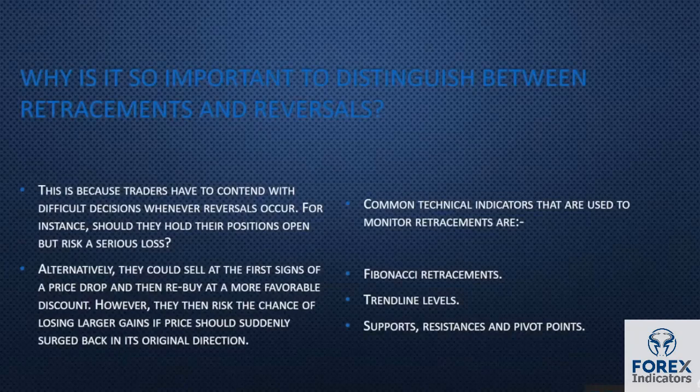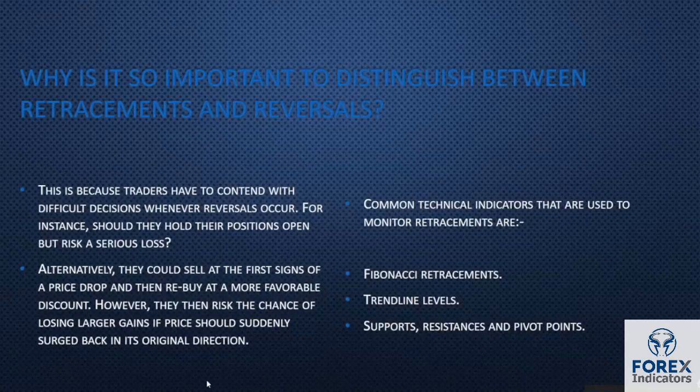This is because traders have to contend with difficult decisions whenever reversals occur. For instance, should they hold their position open but risk a serious loss because the price is moving against them? Alternatively, when it's just a retracement, you would want to hold on to your position because it's going to retrace and come back to where it was. Alternatively, they could sell at the first sign of a drop and then rebuy at a more favorable discount. However, then they risk the chance of losing larger gains if the price should suddenly surge back in its original